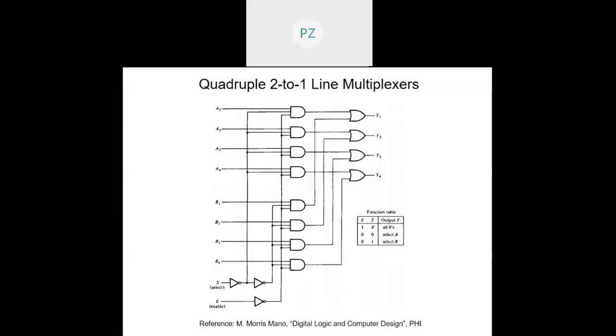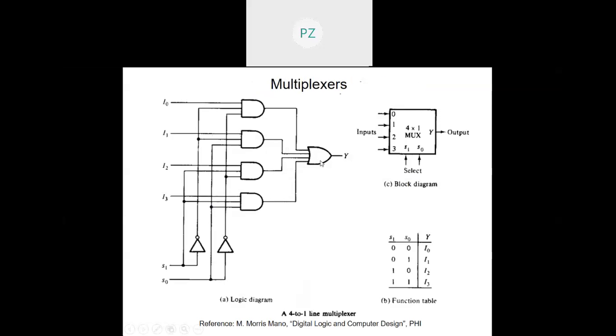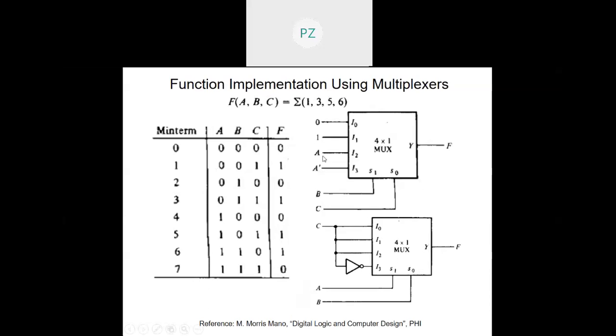Now let us move on to realization of functions using multiplexers. That will be one very useful application. As I said just now, the OR gate is inbuilt, so let us make use of it. Function implementation using multiplexers. Suppose I am given to realize a function of three variables A, B, C. I have plotted it over here in sum of products form. So this says 1, 3, 5, 6. They are ones, and obviously the remaining ones are zeros.